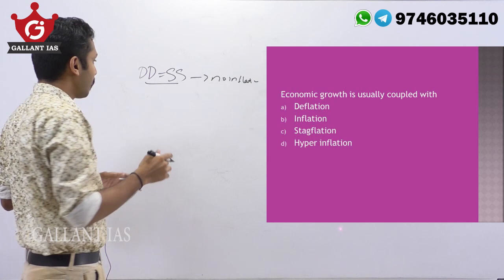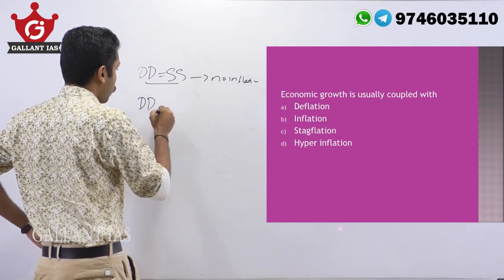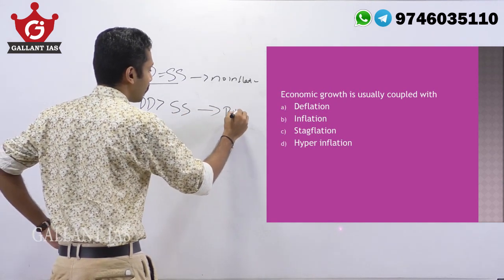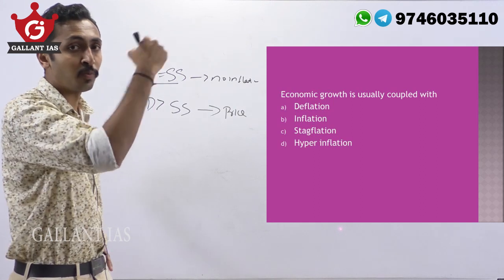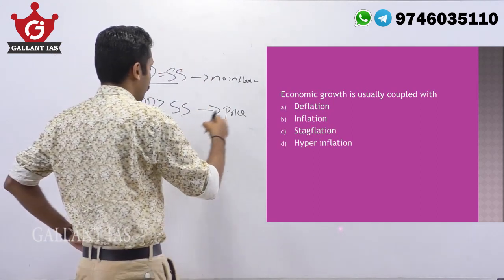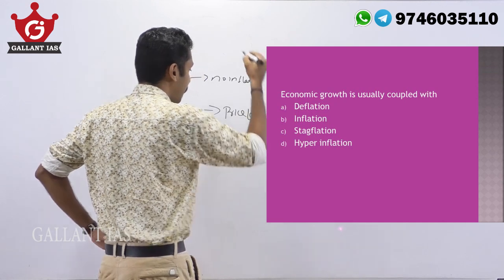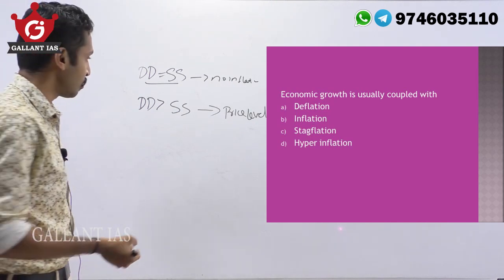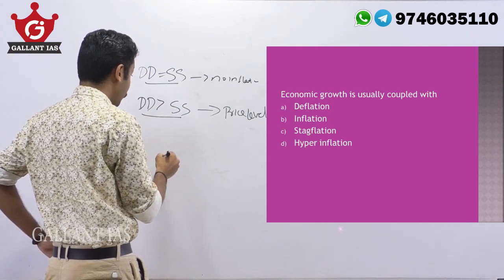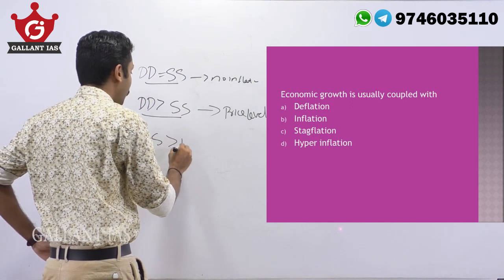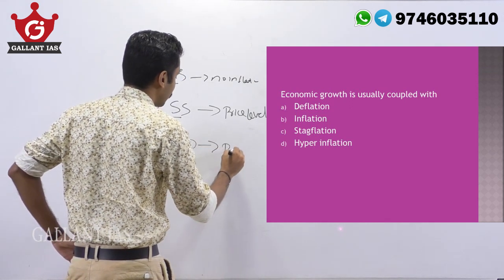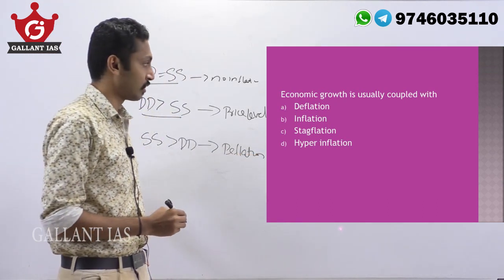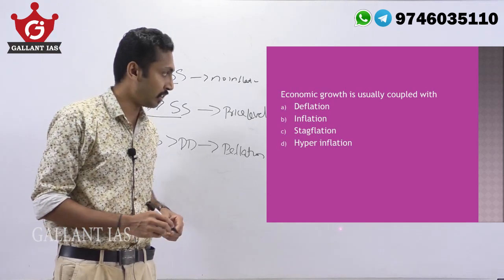Prices will not change. But if demand increases over supply, then prices will increase. Like in the case of the money lender, there is more demand, that's why interest increases. When general price level increases, that means inflation. So excessive demand over supply leads to inflation. Excessive supply over demand is a cause for deflation. So that is the demand and supply relation.